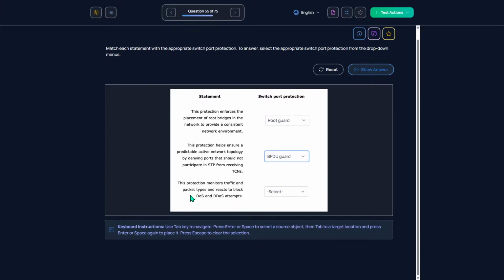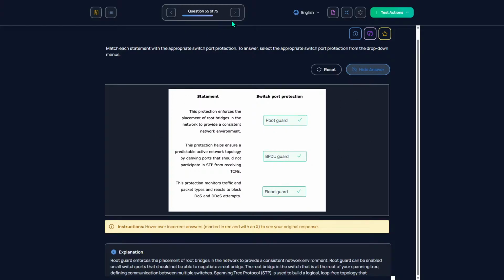This protection monitors traffic and packet types and reacts to floods. I think that's going to be flood control, or flood guard, I mean. Perfect.